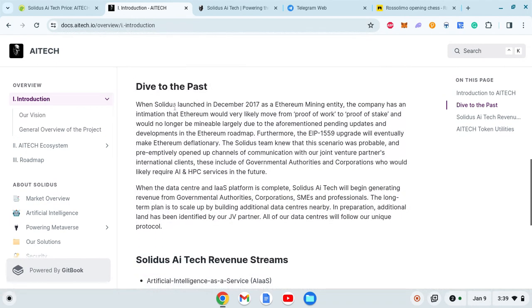Okay, so when Solidus launched in December 2017 as an Ethereum mining entity, the company had an intimation that Ethereum would very likely move from proof of work to proof of stake and would no longer be mineable, largely due to the aforementioned pending updates and development in the Ethereum roadmap. Furthermore, the EIP 1559 upgrade will eventually make Ethereum deflationary. The Solidus team knew that this scenario was probable